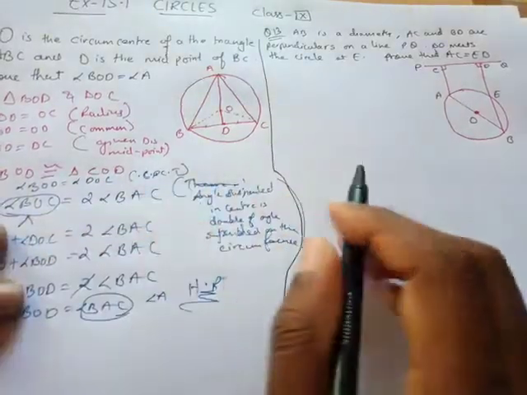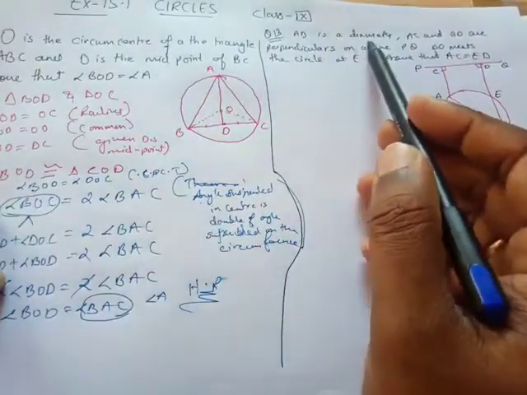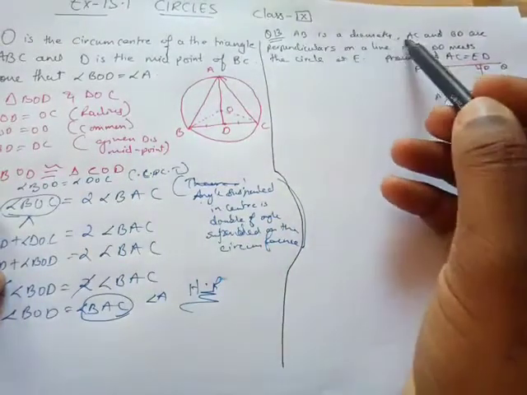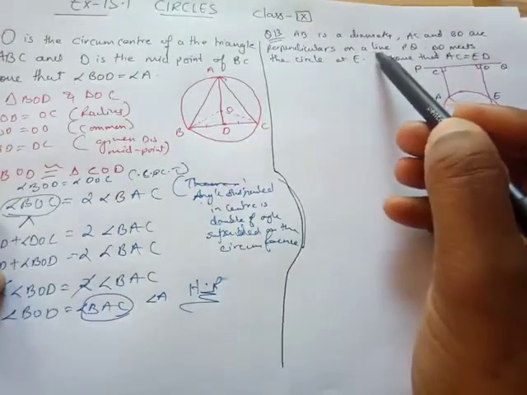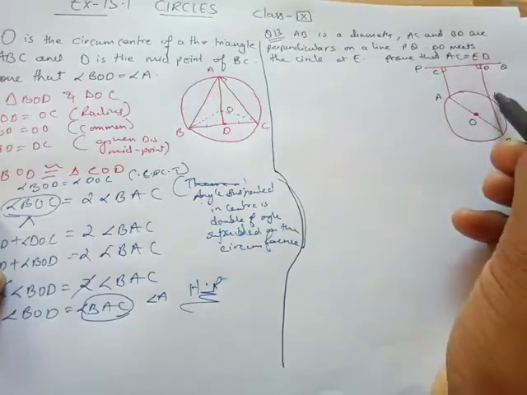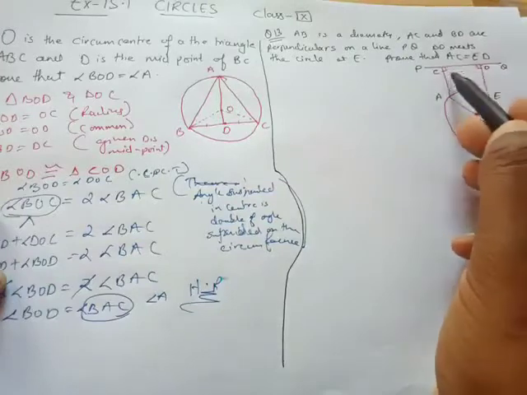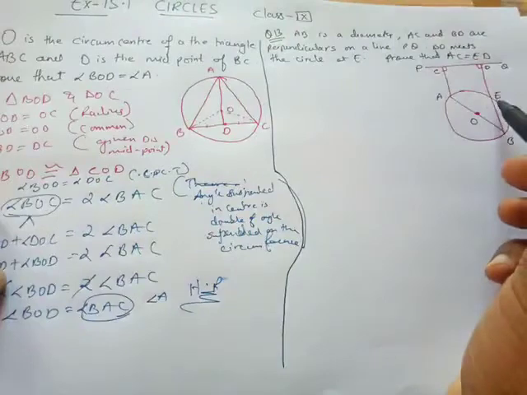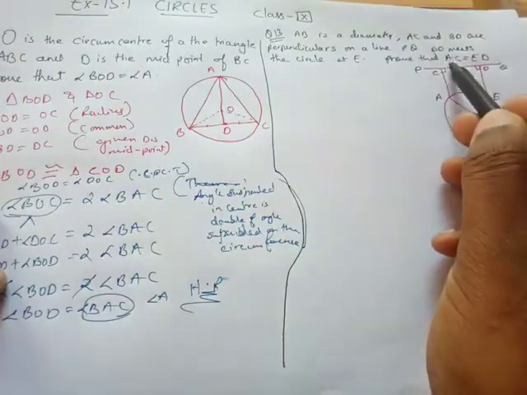Question number 13 goes something like this. AB is the diameter. You guys can see AB is the diameter. That is very, very good. AB is the diameter. AC and BD are perpendicular, sorry, perpendicular on a line PQ. This PQ line is going, and AC and DE are perpendicular. Okay, or BD, this whole line is perpendicular, making 90 degree with PQ. That I know. And they are meeting at the circle at E. This BD line is meeting the circle at E. Prove that AC is equals to ED.